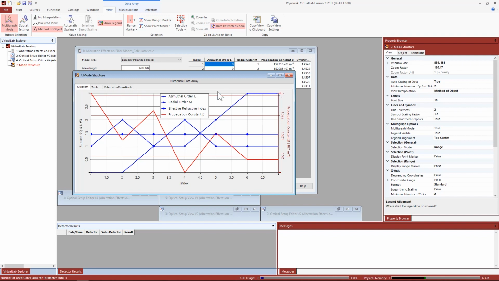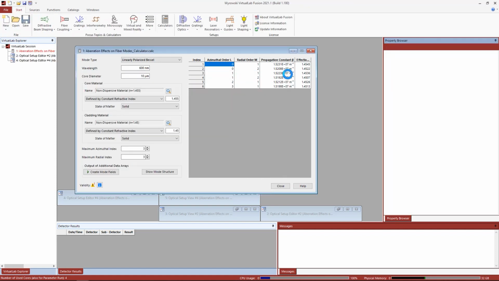Then if I wanted to see the value of, say, the radial order for this very same mode, I would find the triangle, the graph, the line with the triangle pointing upwards. That gives us the radial order, and it would be this one, so it's index 1. That's the way we would read the information from this graph, and so on and so forth. So that is a different way of